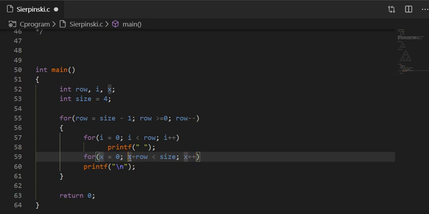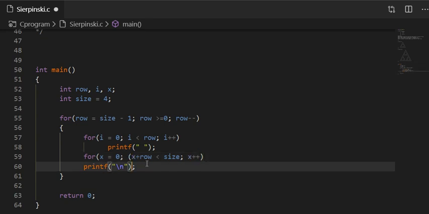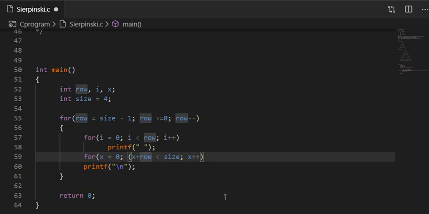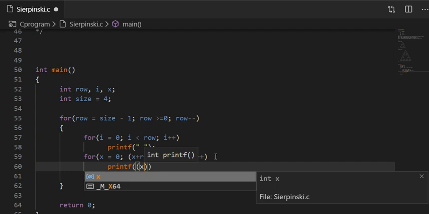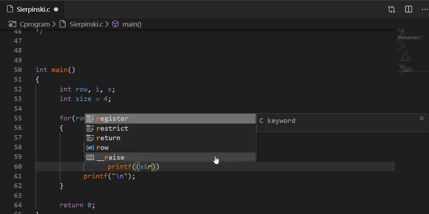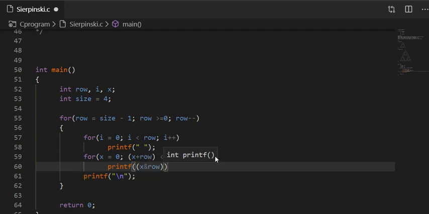So this is an important one. We will increment x only until x plus row is less than the size. And here we will do a check to print star or space. For that, print x and with row.